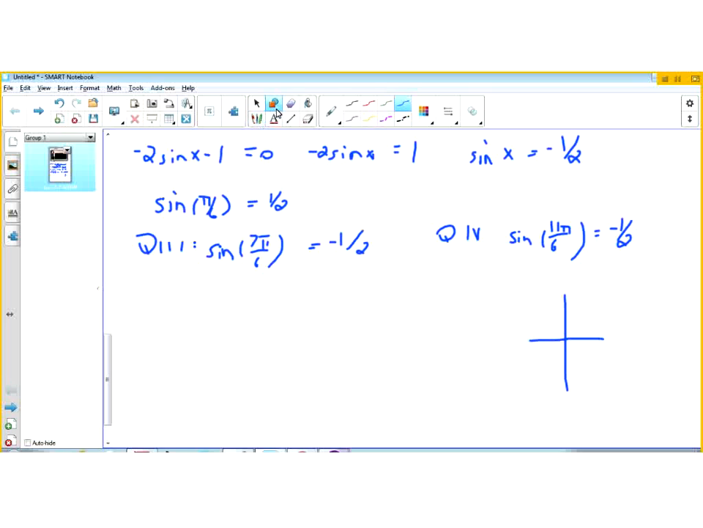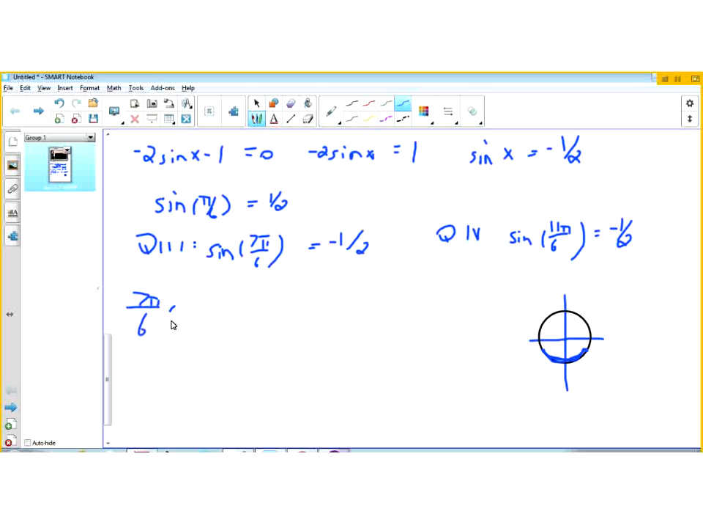So here are my coordinate axes. Between 7 pi over 6, which is right here, and 11 pi over 6 right here, if you traverse along this arc, the sine function will be less than or equal to negative 1/2. So on this arc, on this interval,